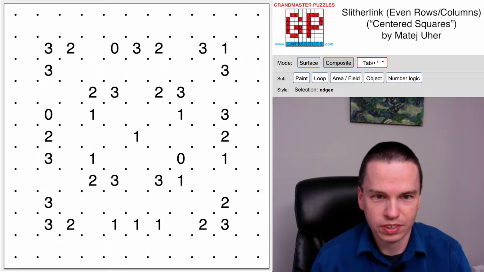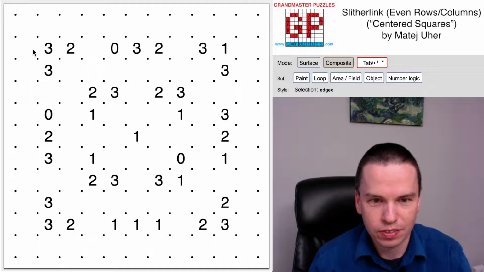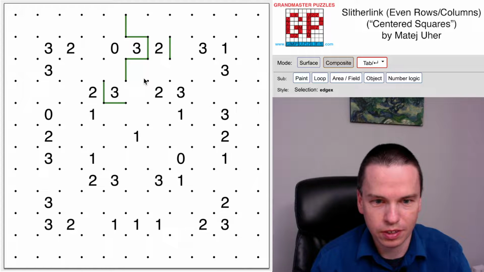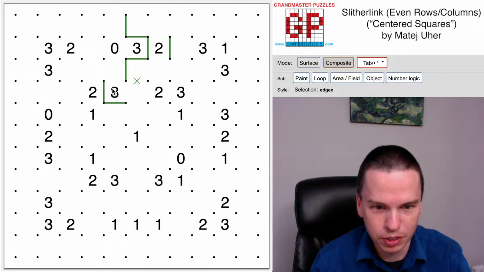We're here to solve the Slitherlink even rows and columns variation by Matej Uher. It's themed centered squares, and I'm just going to start by marking a whole lot of lines that I actually know around this grid. One thing that actually looks key at the start, I'm running this pretty quickly, is